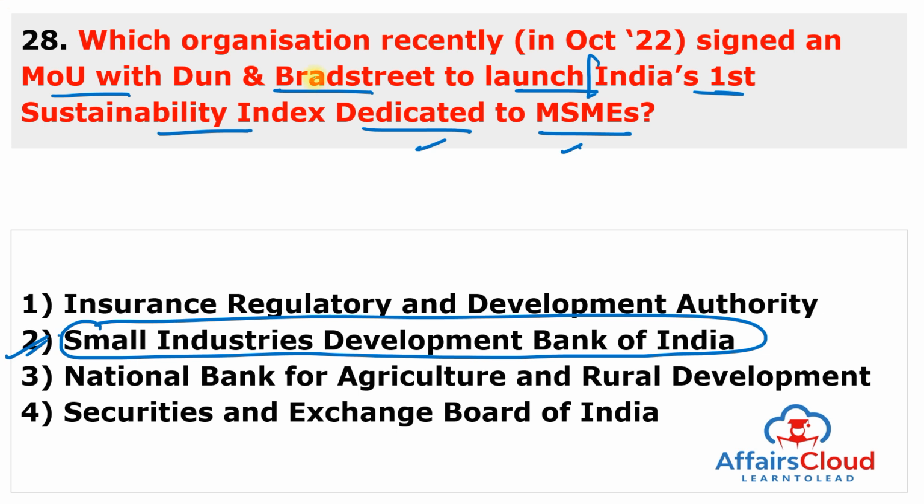So, SIDBI and Dun and Bradstreet signed a memorandum of understanding for developing and implementing this index, and it is India's first sustainability index only dedicated to the micro, small and medium enterprises. It is a quarterly survey to provide valuable insights on adoption of an environmental, social and governance framework by assessing the viewpoints of the business on different parameters. And it will cover nearly 250 micro, small and medium enterprises every quarter